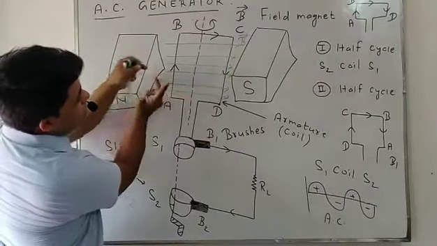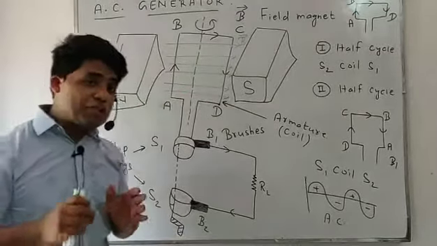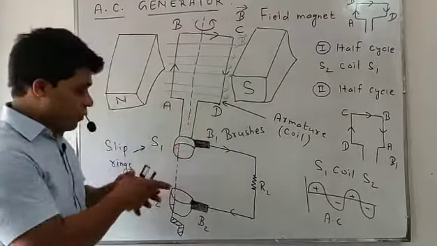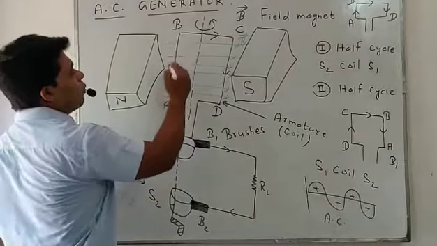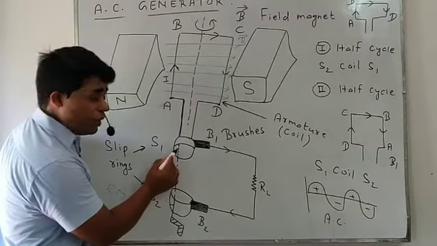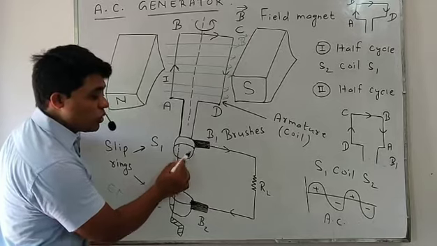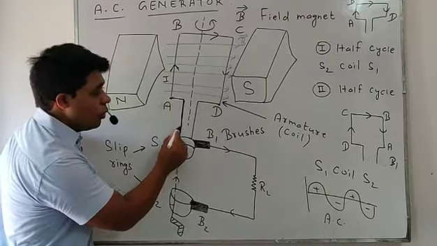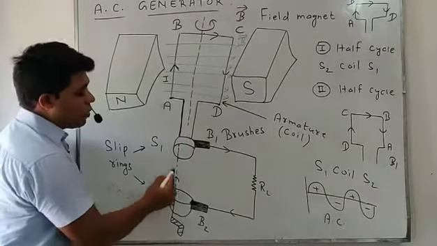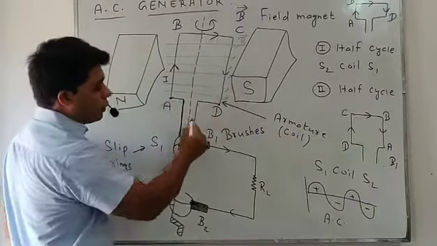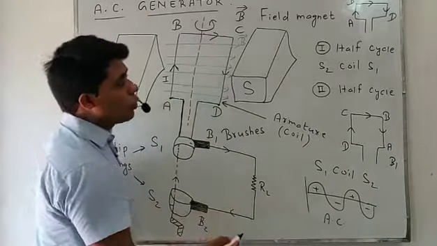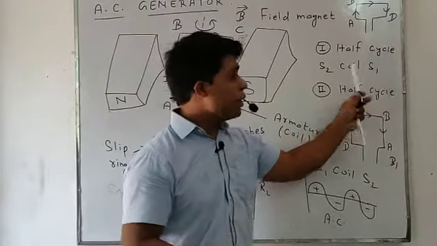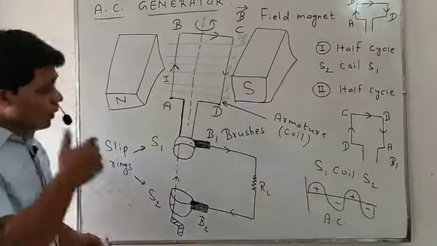So look at this, students, this is the direction of current. It means in the first half cycle the direction of induced current will be from A to B. This wire is passing from the inside of S1, so it is not in contact with S1. So in the first half cycle current is coming from S2, then through the coil, then S1 and then the load resistance. So in the first half cycle the direction of current is from S2 to S1.